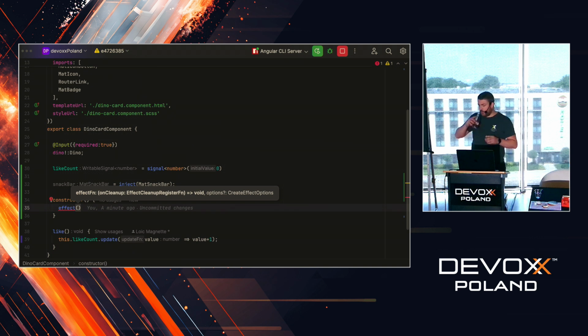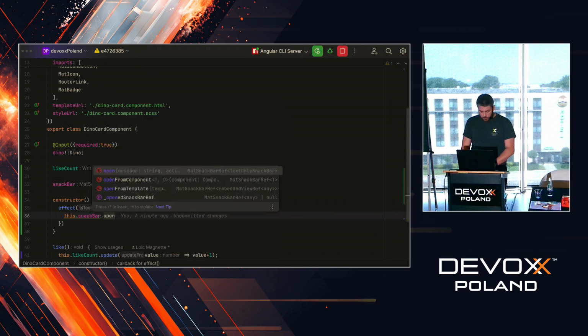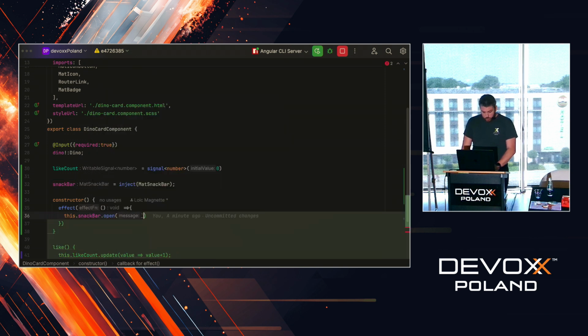So an effect is basically a function that is being called when a specific signal is triggered. And how it knows which signal is important is basically in the core of the function here. In this case, I'm going to just call this MatSnackBar and say I want to open something,